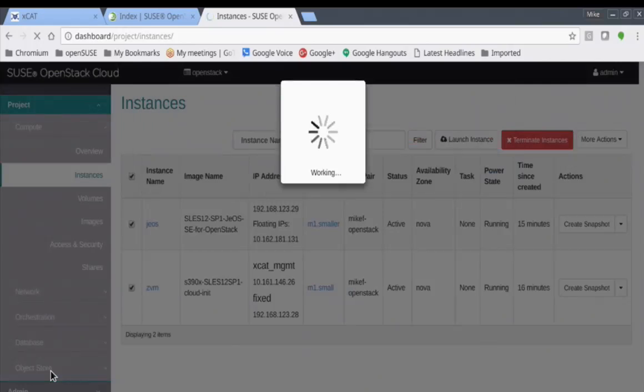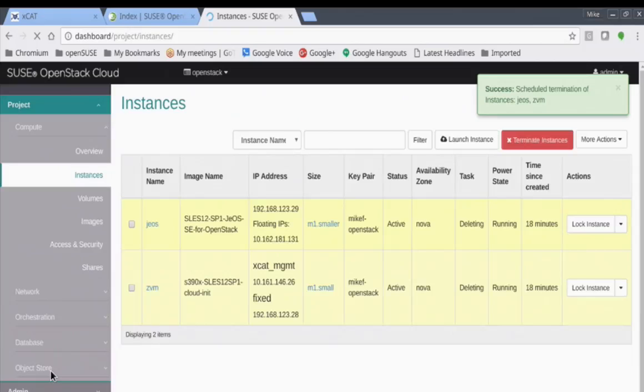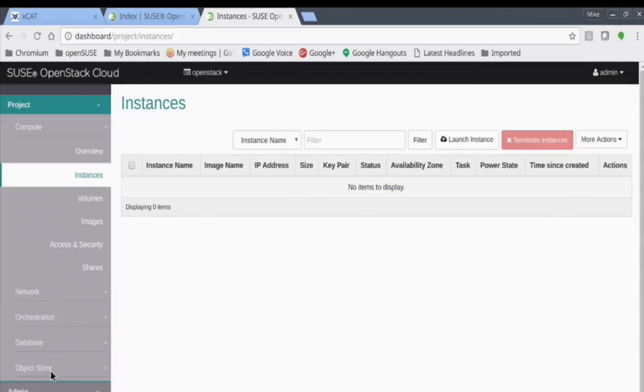And now I'm going to go ahead and terminate the instances just as people would normally do in a cloud-based environment. And in a matter of moments, boop, they're gone. It terminates a lot faster than it starts up. But that's it. That's the 4 minutes of the video. So hopefully that gave you a little bit of an idea of what this thing looks like from a cloud user's perspective,